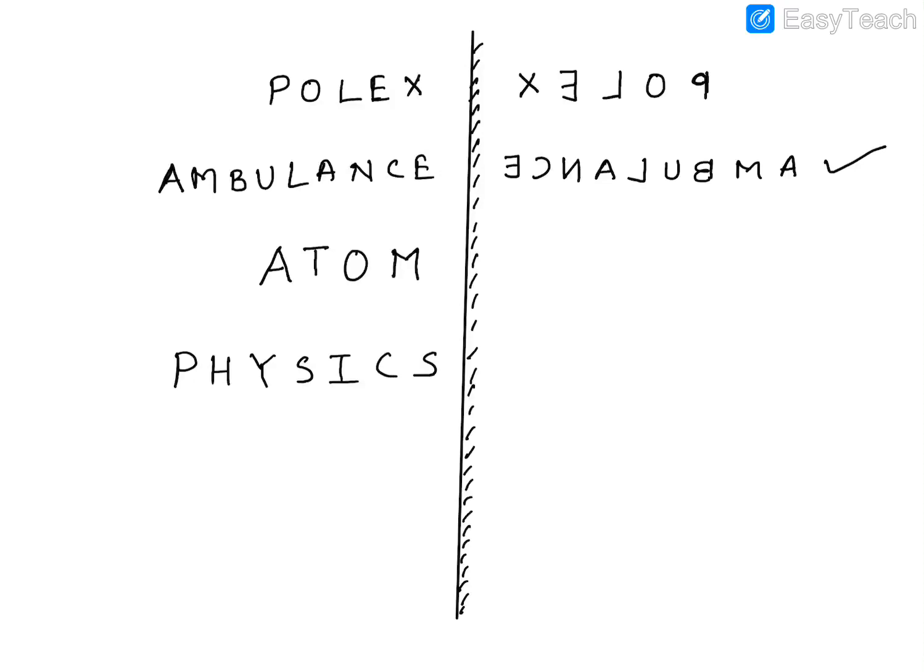Did you all finish for atom? See, for atom, how will it appear? You will write M O T A first. Actually all of them are symmetrical, so nothing happens except that the alphabets get reversed. So atom will become mota. Then in physics, again first what happened? S will appear to be laterally inverted. Then C. Then I. S. Y. Then H. Then P.